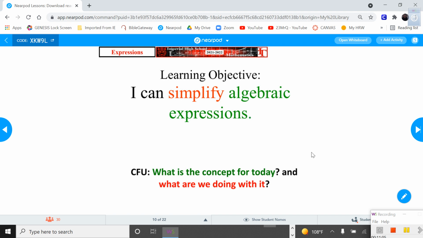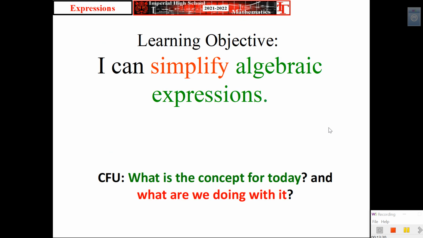All right, so for this next portion of the lesson, I'm going to do a quick review, and I want you guys to just pay attention. And what do I ask you to do? I usually say writing utensils down, which means leave everything on your desk and don't have hands on any electronic devices. I need your full attention. Now, guys, Algebra 2, like I said, it's a little bit challenging, but I started off fairly slow, and I ease you into the course, but I need your attention.